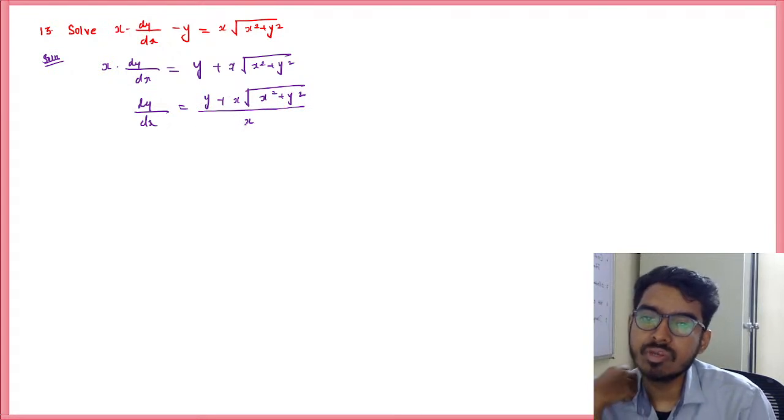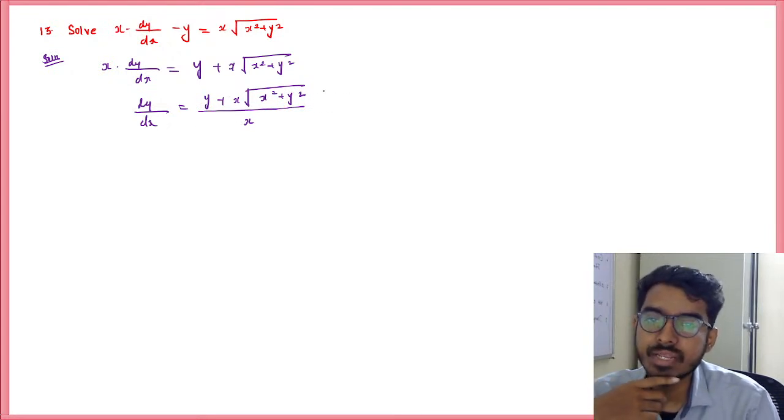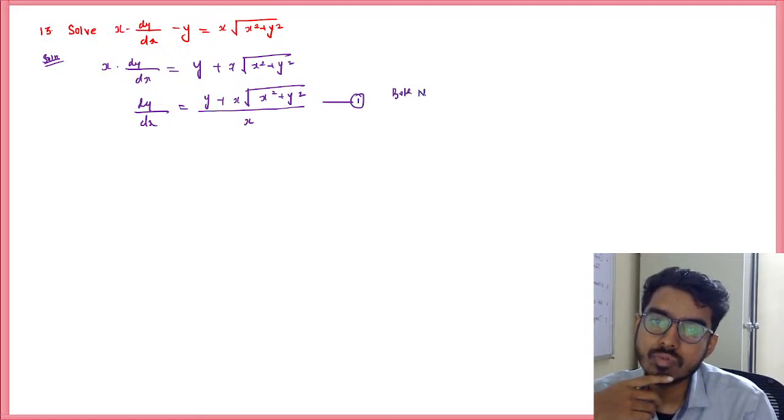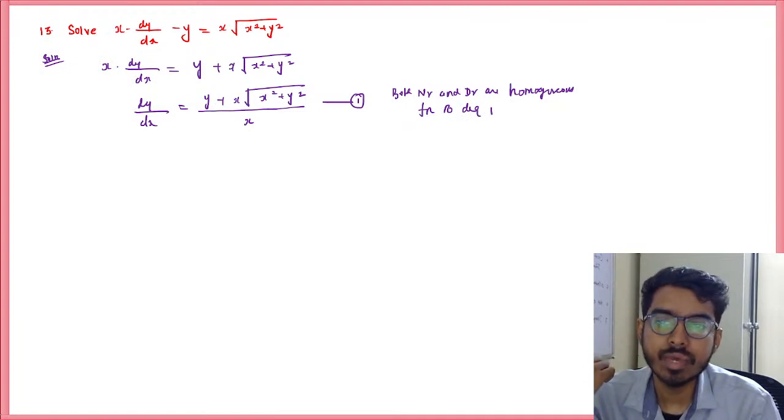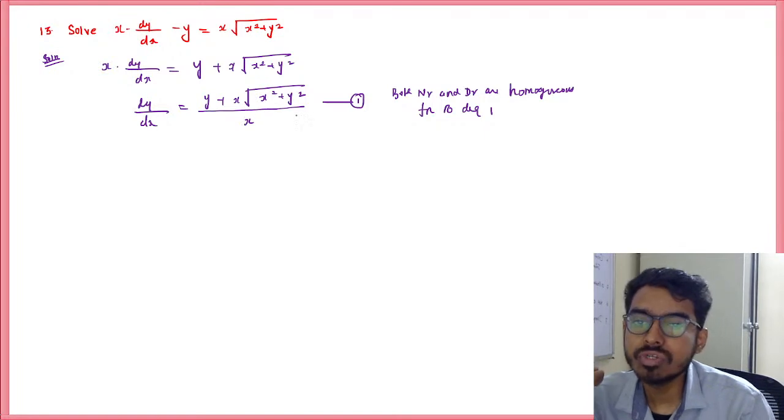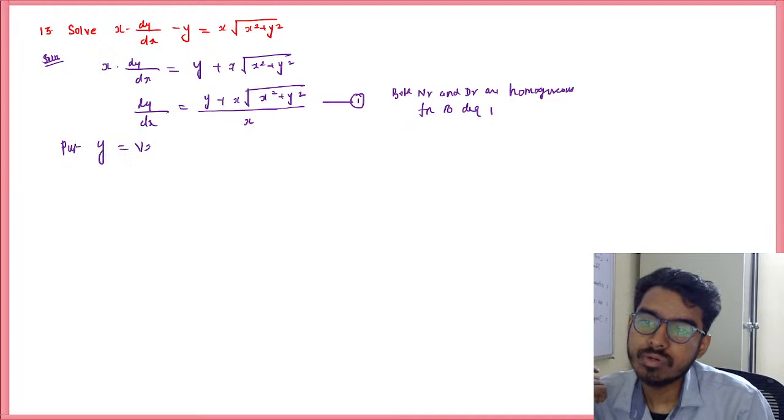So both are homogeneous functions of degree 1, right? Both numerator and denominator are homogeneous functions of degree 1, right? We put x is equal to tx, y is equal to ty, we will have both will be homogeneous functions of degree 1. So put y is equal to vx,